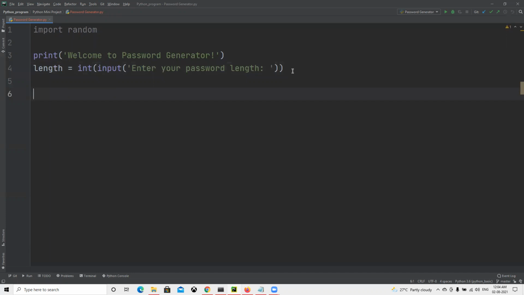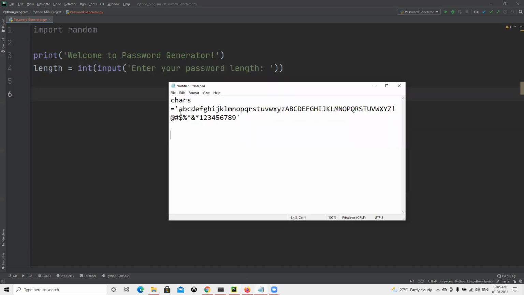So to generate the password, what all do we need? First thing, we need to tell the computer what all it can use to generate the password. Whenever we click on forgot password, it generates some random password, and we can see that it gives a different value every time. So first thing, I have written it here.